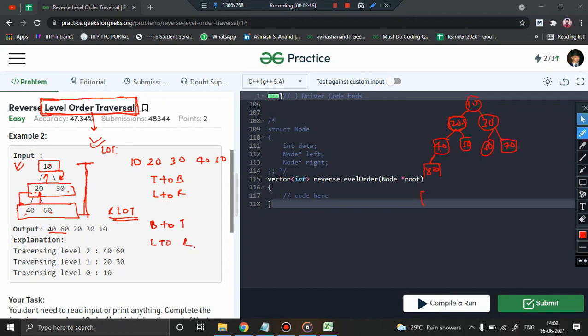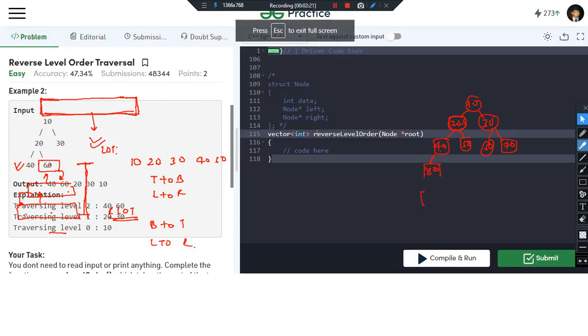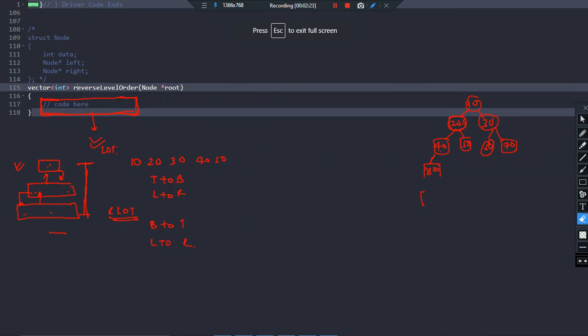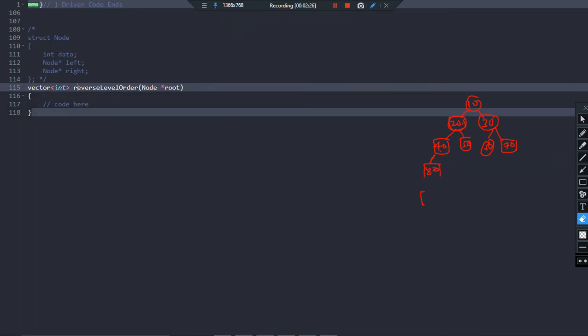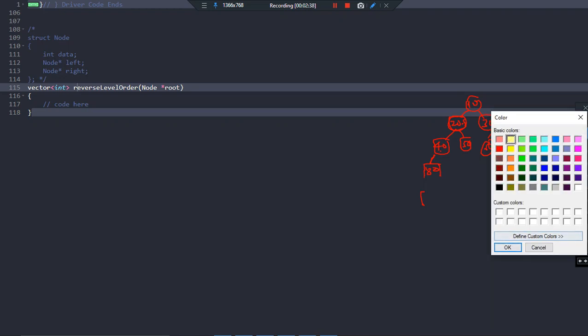How will it work? Let us try to code the problem, and let me explain on the way. For the reverse level order traversal, we just have to write the exact code of the level order traversal, with only a slight difference, which I'll show you.